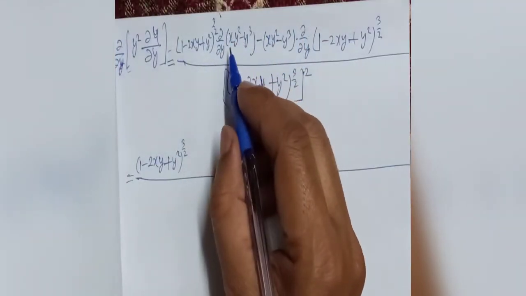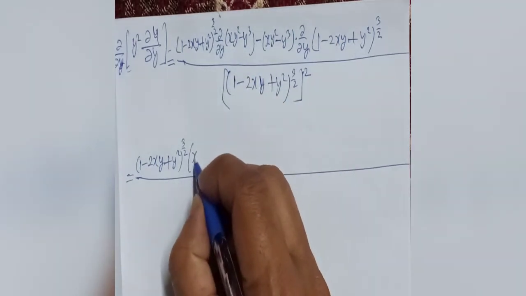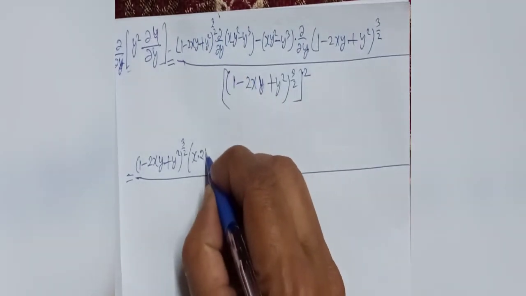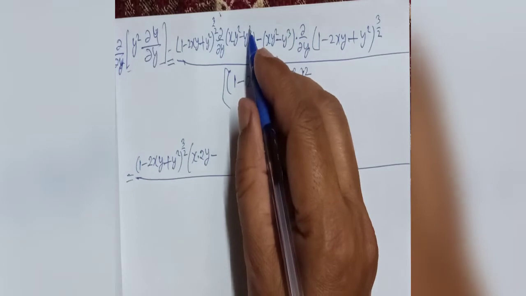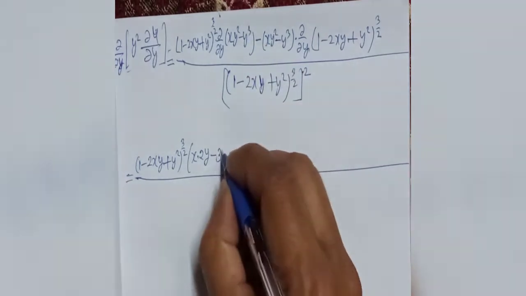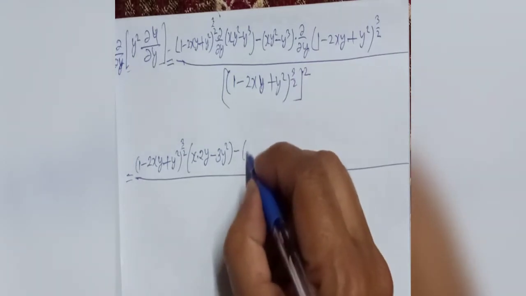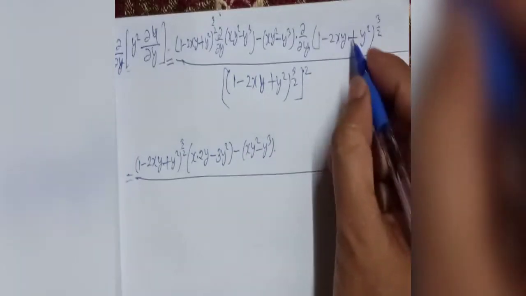For y, x is constant, so take x as constant and differentiate y square with respect to y, which becomes 2y, and minus the differentiation of y cube is 3y square. Minus, write this value as it is, xy square minus y cube, and differentiate this value